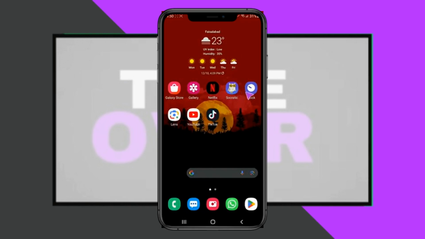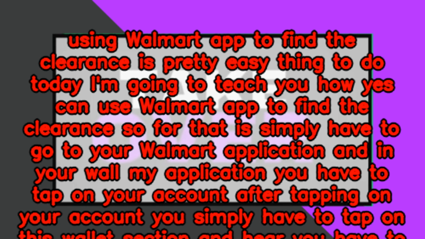Using the Walmart app to find the clearance is a pretty easy thing to do. Today I'm going to teach you how. Yes, you can use the Walmart app to find the clearance. For that, you simply have to go to your Walmart application, and in your Walmart application you have to